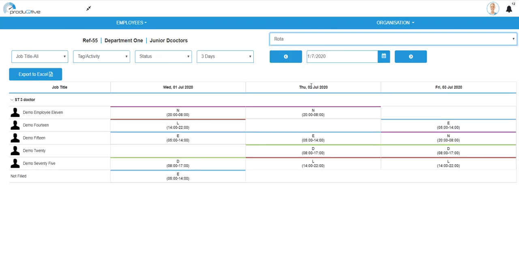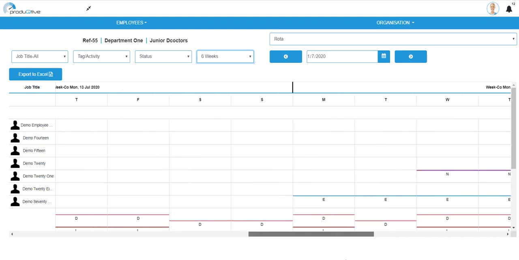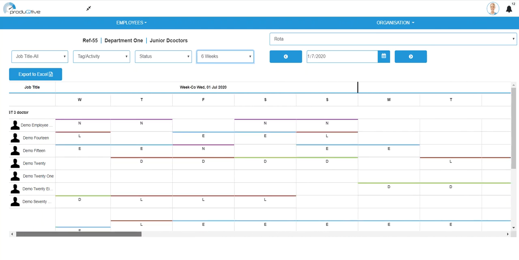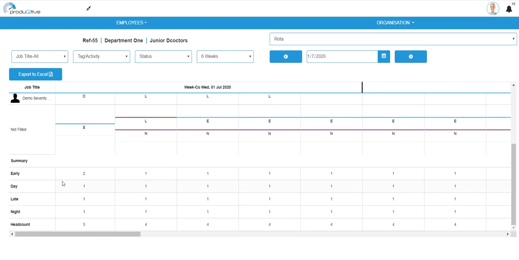We have a rota view. Now the rota view, you could go up to 6 weeks, a 6-week view, and that breaks it down into the day of the week, so from a Wednesday to a Sunday, and then Monday, etc., for 6 weeks, and it will show the name of the employee and then the shift that he does, so night shift or day shift, and then at the bottom is a bit of a head